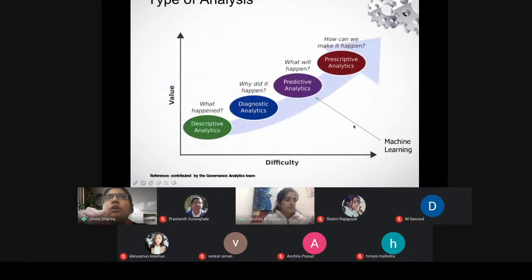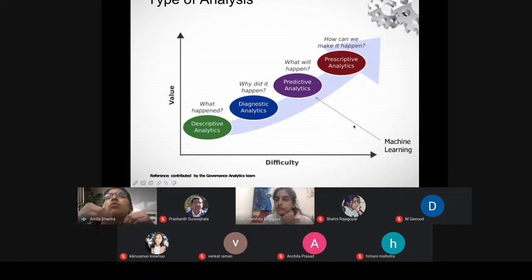Next slide. If we talk about the types of analysis, in general we have four kinds. Descriptive analysis generally focuses on what happened. Then we have diagnostic analytics, which works upon why did it happen. Then we have predictive analytics, which is quite popular these days, where we usually apply all kinds of machine learning algorithms, which give us what will happen.